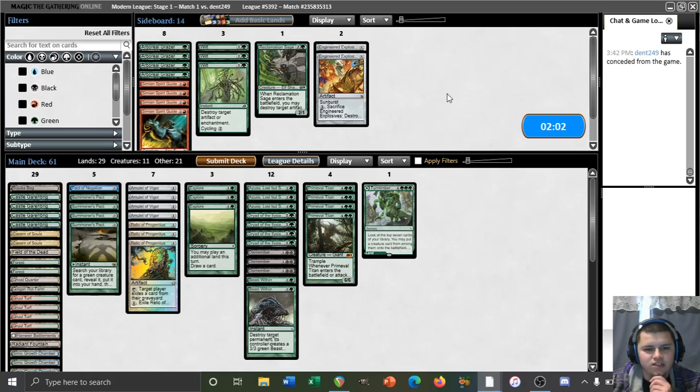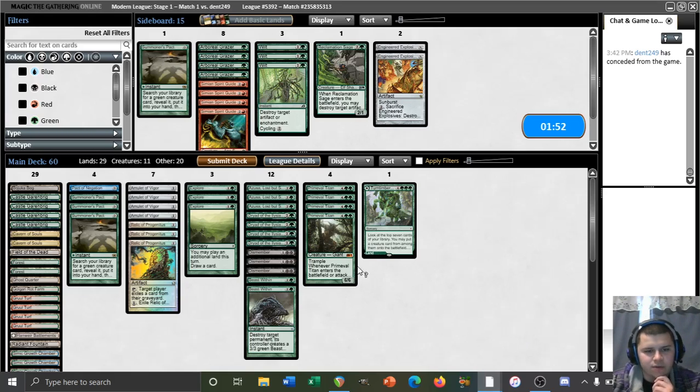Obviously, we want this Pact of Negation as well. I think we might be able to safely cut one Azorius, although they do let us play something before a Dryad to try to bait out counter magic. I kind of like trimming one Summoner's Pact. And if we do end up making more changes to play around Stoneforge Mystic, perhaps bringing in Wilt, for example, then...